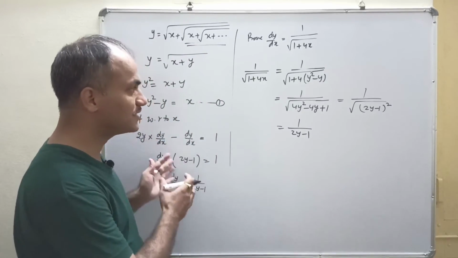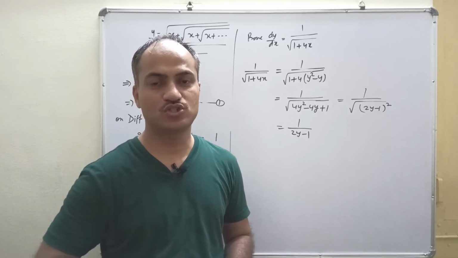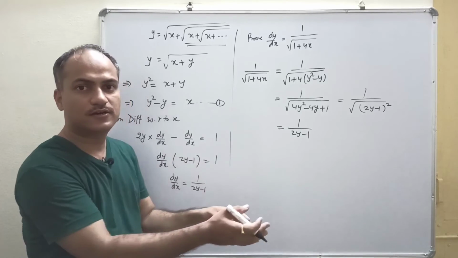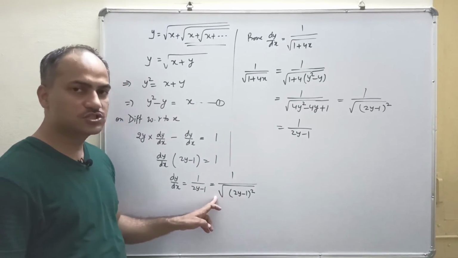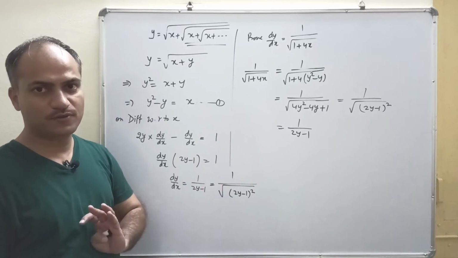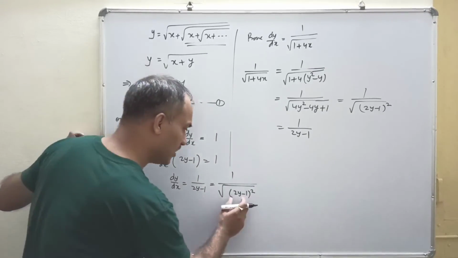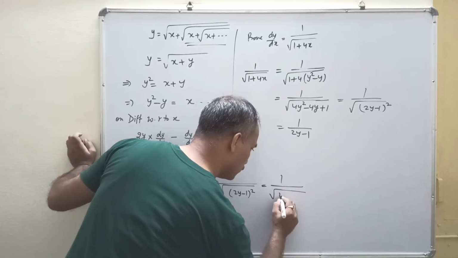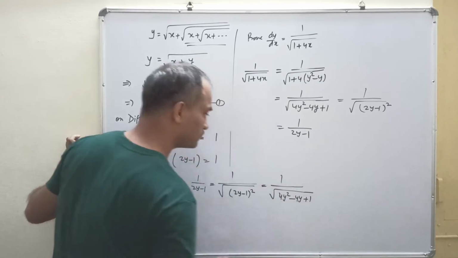That's why I'm discussing so many tricks for you which can help you in deciding the right approach for the right question. Now if we have to continue from here, how can we do it? Just see, we can write this term into square root and put whole square. How did we get the idea from there? Now this term is equal to 1 upon root 4y square minus 4y plus 1.